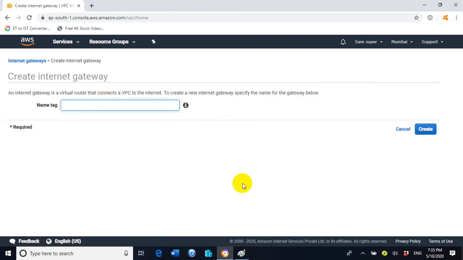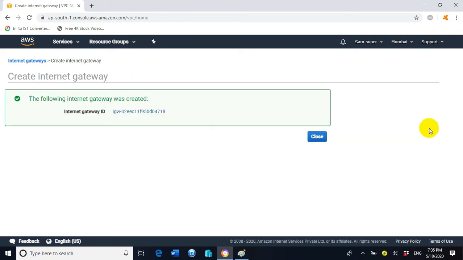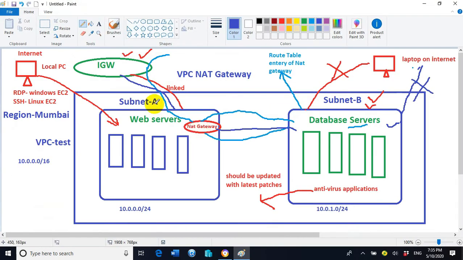Assign the name here, IGW. Now click on create. So the internet gateway has been created successfully with the name IGW, which we have already mentioned in the diagram here, IGW.